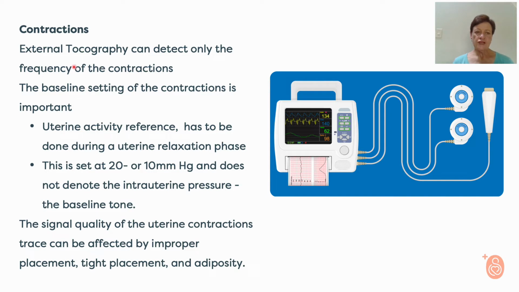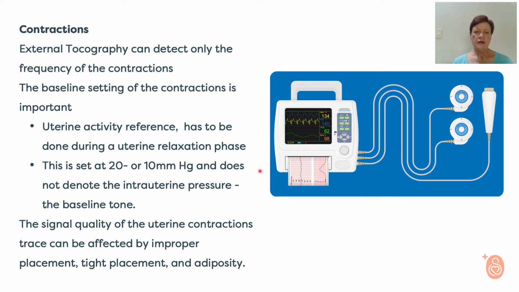But with the external tachograph, we do get the graph, as you can see here. We see that the uterus contracts and then relaxes, and then we have this waveform graph here on the CTG. So to a certain extent we can determine the duration of the contractions. We can to a certain extent see whether the contractions are strong or not, but that is not very accurate because it's basically on the outside of the maternal abdomen,